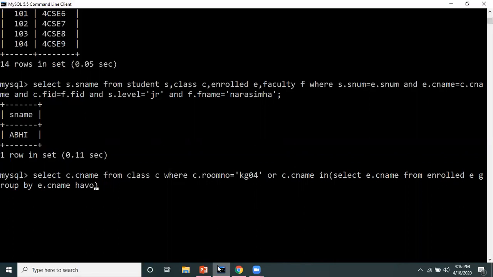Now the condition is having 5 or more students, right? So I have to count. I'm using the aggregate function count star greater than or equals to 5.